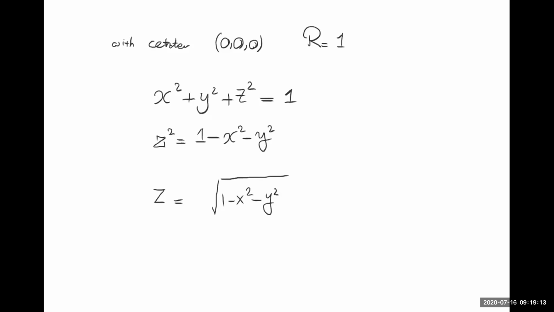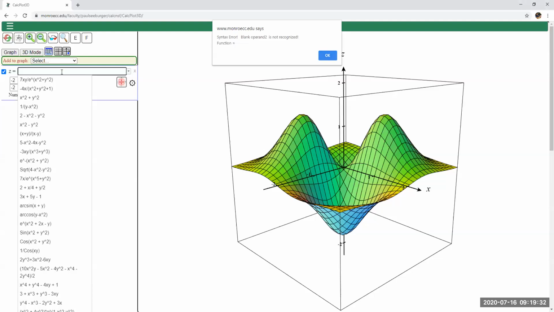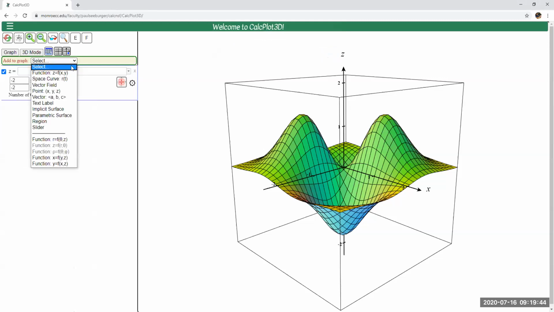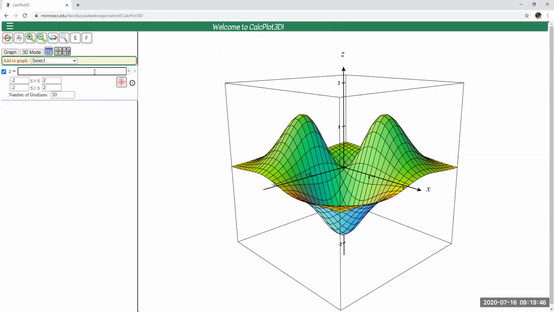Any comments? Yes, plus or minus. Thank you. So it would be plus or minus this thing. Okay, now let's go back to look at this. Let's go here. It says z equal to. So here we have z. What we got was z is equal to, well, square root of,